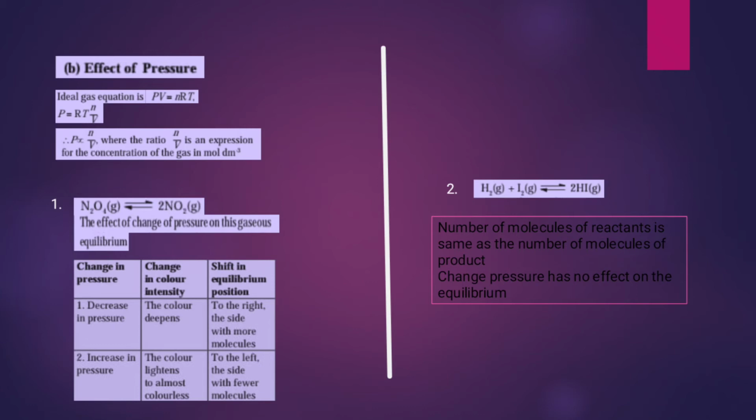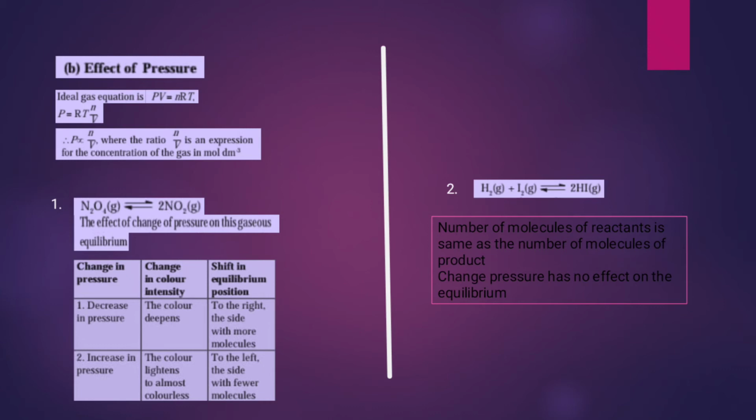Therefore, P is directly proportional to N upon V. Now this ratio N by V is an expression for the concentration of gas in mole per dm cube. With the change in the pressure, we will see what the change in the color is, as we see in this reaction over here. Now see the reaction which is given,